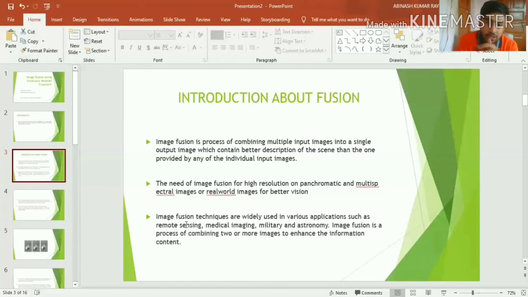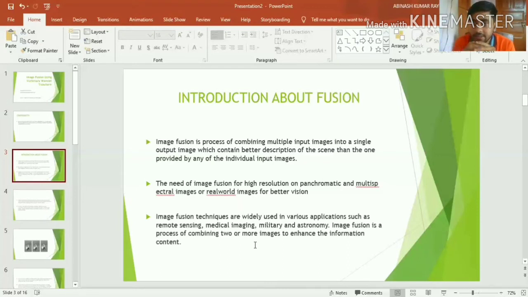So the main motive of fusion is to enhance the content. Say we are given some blurred images. Consider two images, which are basically matrices of pixels. Consider one image which is blurred at the top left, but the bottom side is clearer.